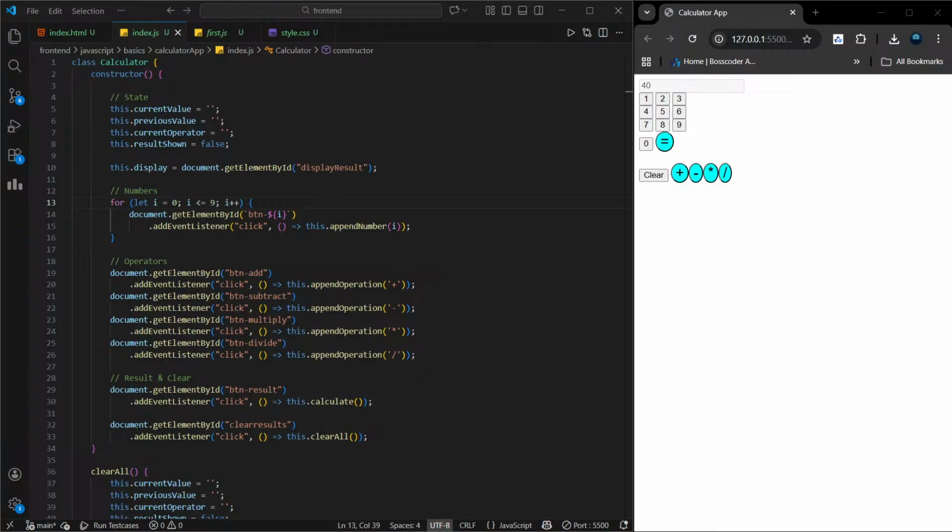ओके, मैं ये पूछ लेता हूँ मैंने क्या गलत किया था। सो मुझे बताना, ठीक है? तो यहाँ पे जो ChatGPT है मुझे ये बोल रहा है कि तुम रिज़ल्ट के बाद स्टेट रीसेट नहीं कर रहे थे। तुम क्या कर रहे थे? मैं ये कर रहा था this.previousValue = result.toString() और this.currentValue को null कर रहा था, मतलब एम्प्टी कर रहा था, और currentOperator को एम्प्टी कर रहा था।